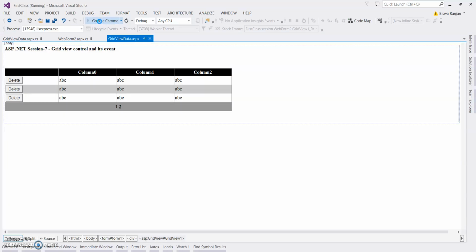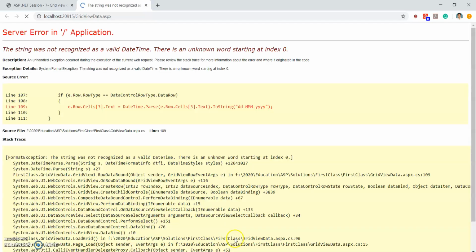Run the application. So there is an error coming.